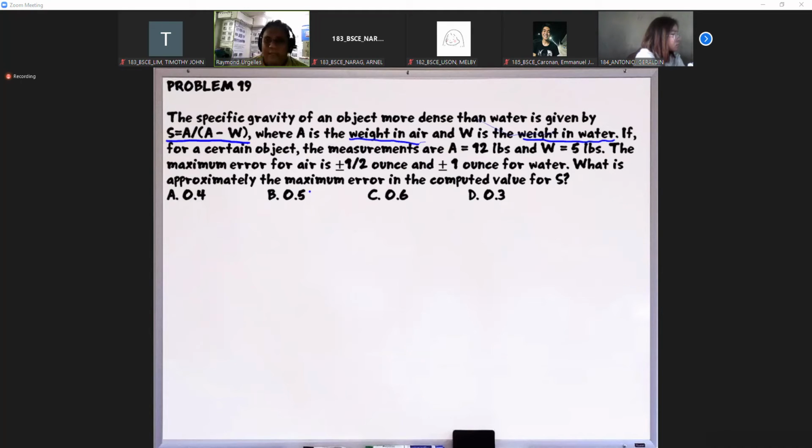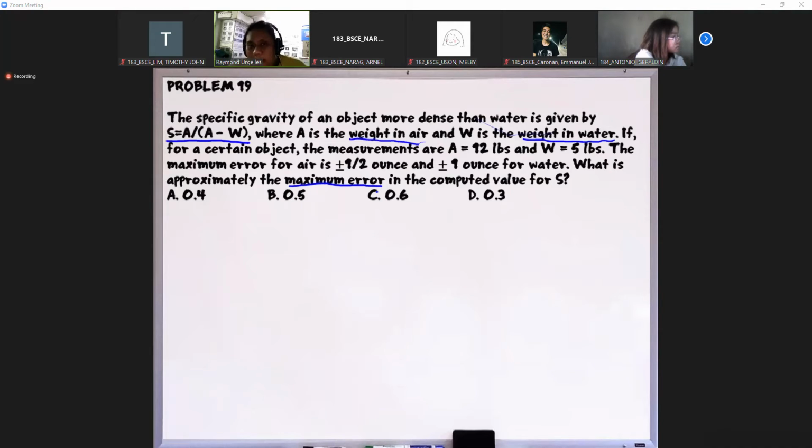So remember ang hinahanap natin dito maximum error. So pag sinabi maximum error, we need to get all the possibilities, para makita natin aling combination yung magbibigay sa atin ng pinakamataas na error sa pag-compute ng value ng S. Okay? Okay ba? So again, maximum error, kaya kailangan lang natin i-consider yung solution such that siya talaga yung pinakamalaking possible error dun sa problem. Okay, nakuha ba? So ang common mistake ng estudyante is ang ina-assume nila pag positive yung error ng air, positive din yung error ng water. So again, not necessarily. Walang sinabi sa problem.